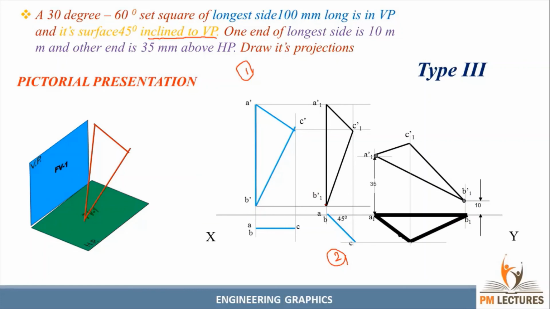After that, you can measure B1 dash to C1 dash using your compass and put an arc from B1 dash, and measure the distance of A1 dash to C1 dash. From A1 dash, put an arc, and at the intersection point you can give the name C1 dash. Now you can project downwards, and from this side, after doing the projection, you can mark A and A1 dash intersecting point as A1, B and B1 dash intersecting point as B1, and C and C1 dash intersecting point as C1. Okay, that's all, guys.